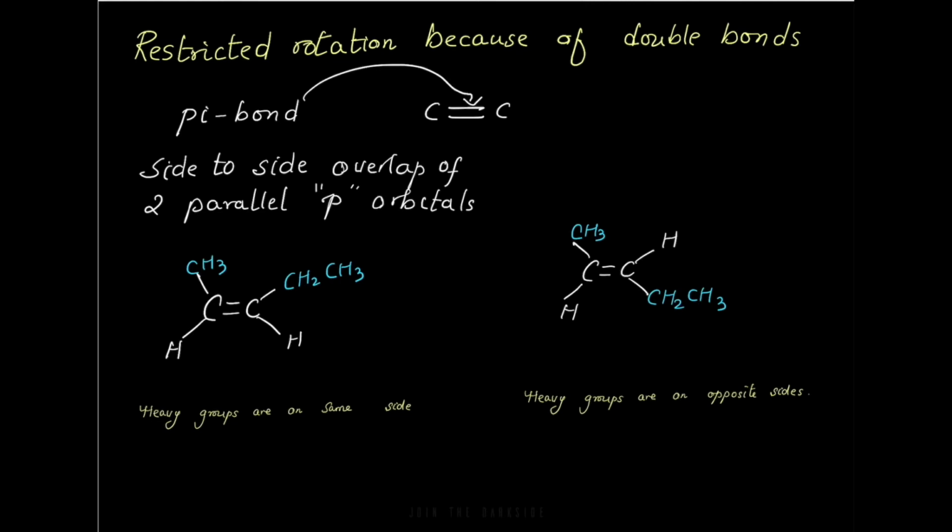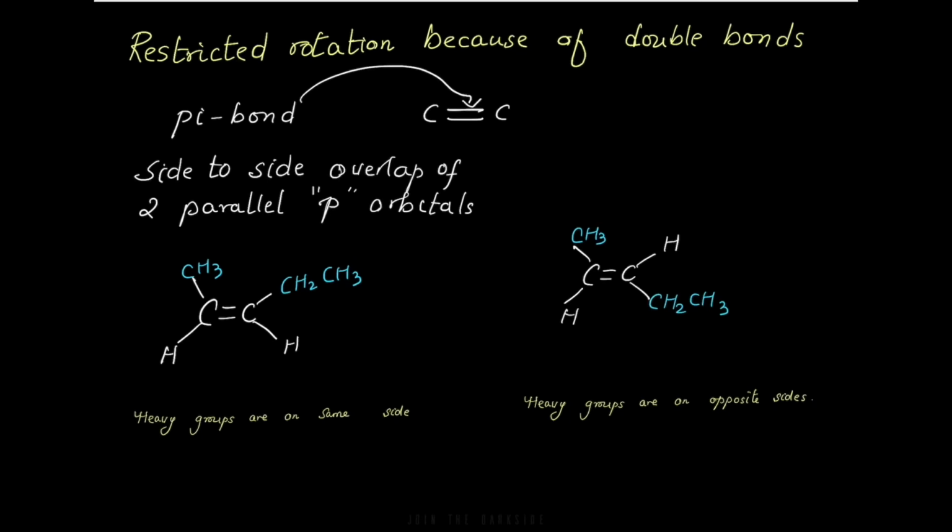Next, we're going to talk a little bit about the restricted rotation about the double bond. We know that the pi bond is caused because of the side-to-side overlap of two parallel p orbitals. In compounds which have double bonds, there is a possibility it can exist in cis and trans configuration. Now, how do we find whether a compound exists in cis and trans configuration? So here are some rules. The first compound, let's see whether it's cis or trans. In general,